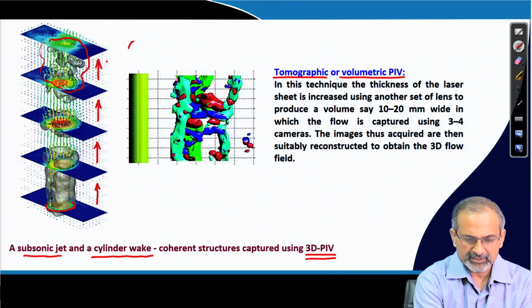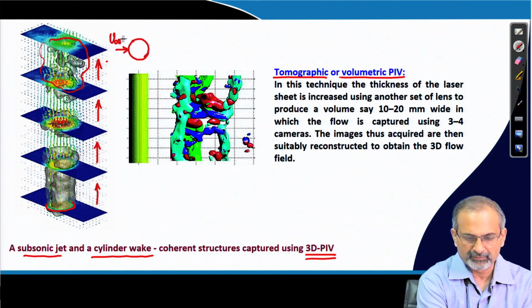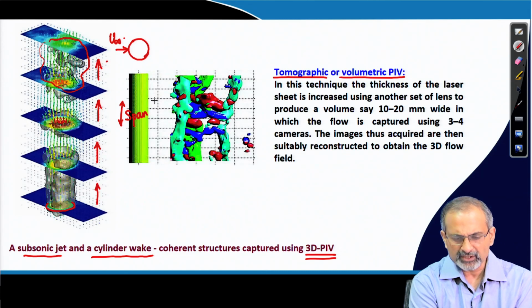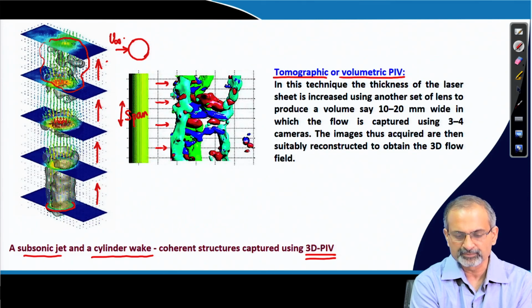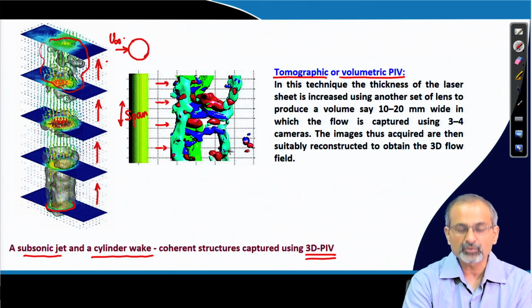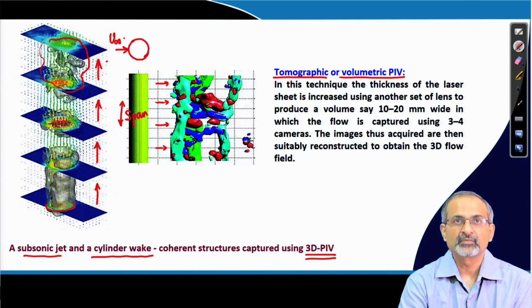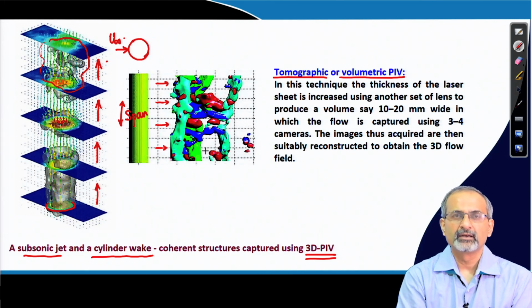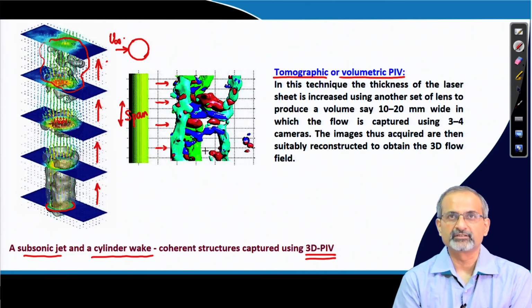Similarly, here what you have is essentially a circular cylinder section which is facing a uniform flow, and you are looking at it from top. So, it is a top view, and this is basically the span wise direction that you are looking at. You see that vortex structures have been shed from the cylinder. It is the Karman vortex sheet that we talk about, and interestingly they do have a lot of span wise variations, not that the structures are completely two dimensional, they are highly three dimensional, and this is typically the nature that we see in turbulent wakes of bluff bodies.